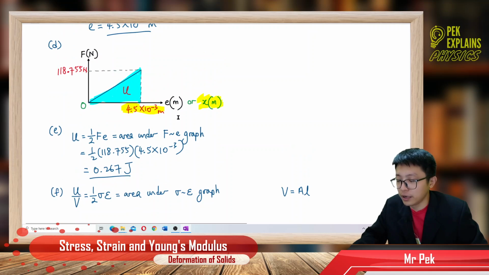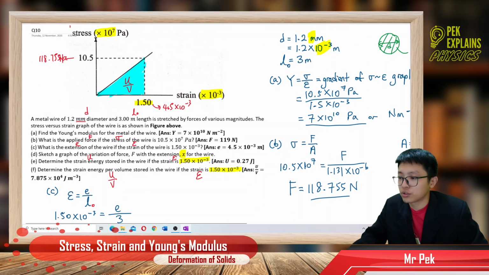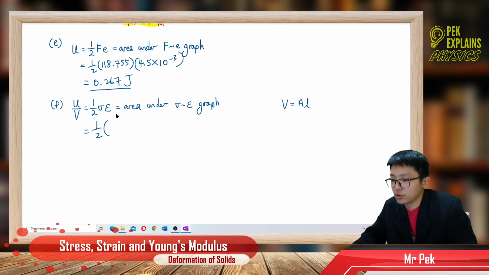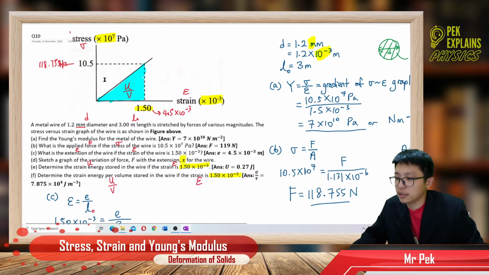If it is the force-elongation graph, you get the strain energy. If it is the stress-strain graph, where stress is the symbol sigma and strain is epsilon, the area under it gives the strain energy per unit volume, which is also half stress times strain. So just calculate the strain energy per unit volume. So stress is